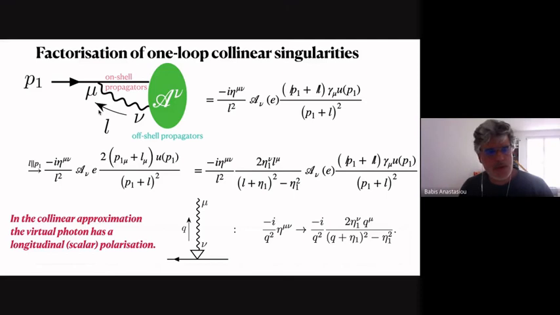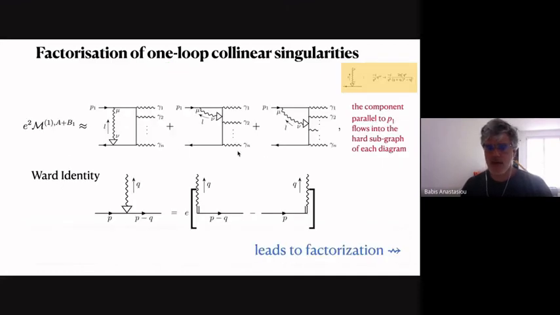Suppose that instead of L, in one of the diagrams, I had made a shift. Suppose I had called this L plus P1 or something else. I'm allowed to shift momenta in loop integrations without changing the result. Then the cancellation of the Ward identities would have been spoiled. This is really a partial fractioning identity. If in one of the terms you change L to something else, then you are not going to get cancellations between these two diagrams.